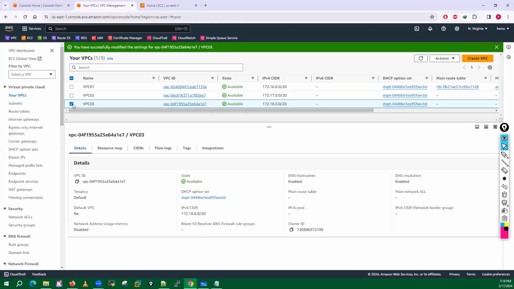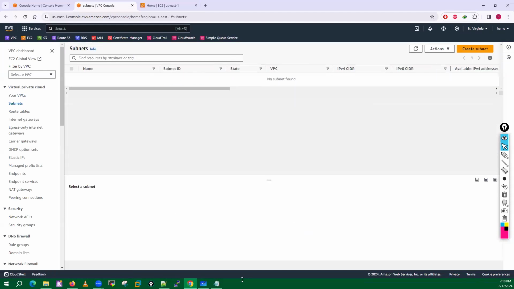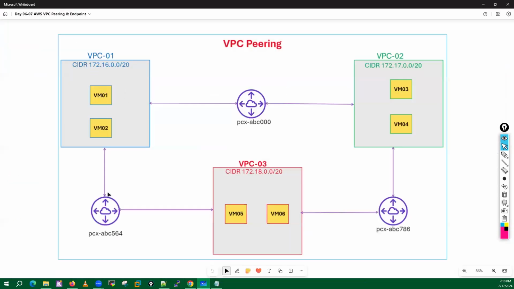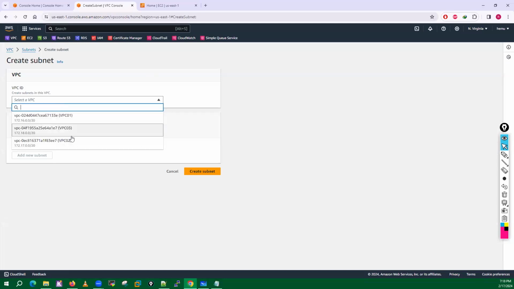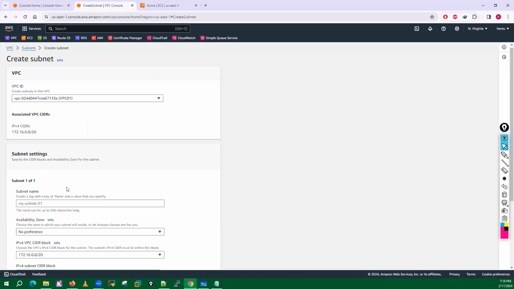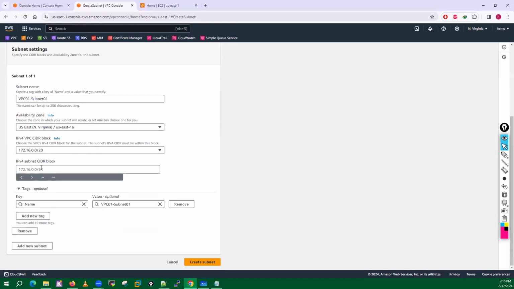Now I'll create the subnets for each VPC. I will create two subnets, subnet 1 and subnet 2. For VPC 01, subnet 01, the availability zone is 1A, with CIDR 172.16.1.0/24.